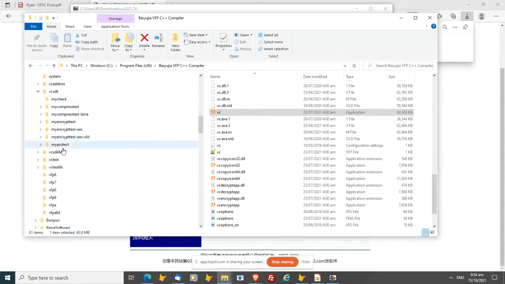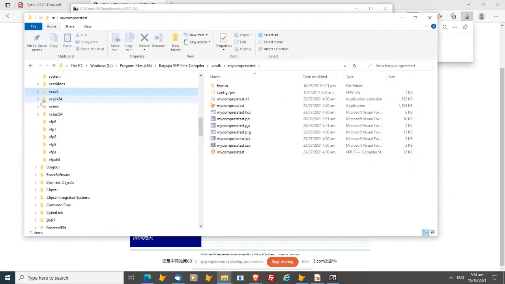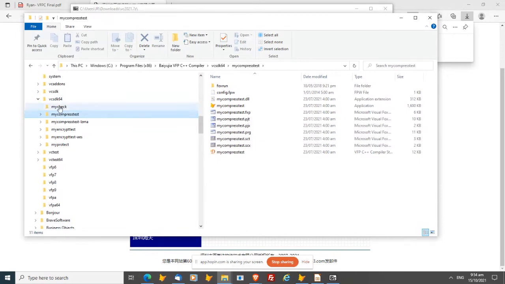So I guess the story is if you want to be able to do some of the stuff quickly and easily, then you need to get the full version. So let's look at my compress test first of all. Just for interest, I'm going to go into the 64-bit version. Okay, so I'm looking at my compress test under 64-bit, and you can see there's a VFP C++ compiler command file,